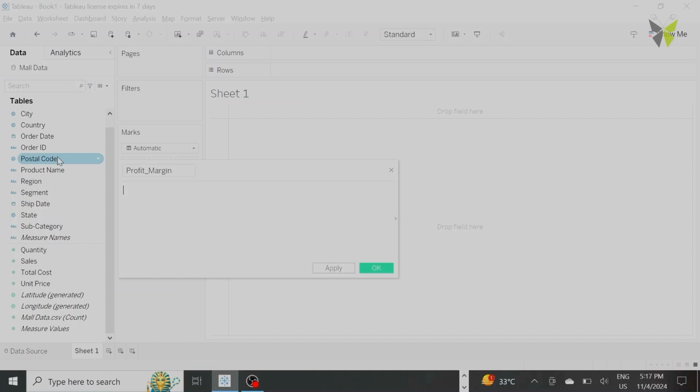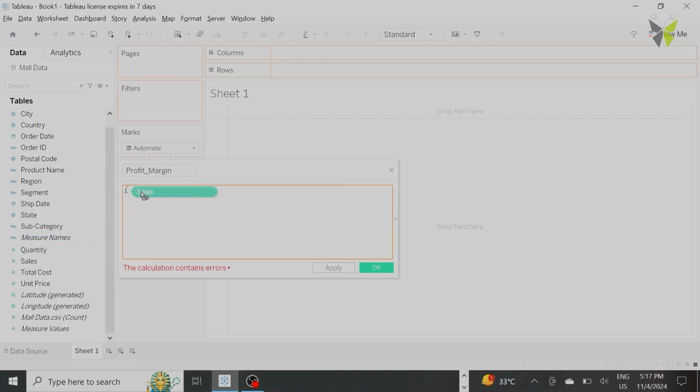So we have numerical columns here: sales, total cost, unit price. For the formula of the profit margin, we are going to use the sales and the total cost as the numerical columns. Open bracket, sales. I can drag the sales directly here. You can see a little orange pointer that directs me where I can drop this column. So I'm dragging it here, sales